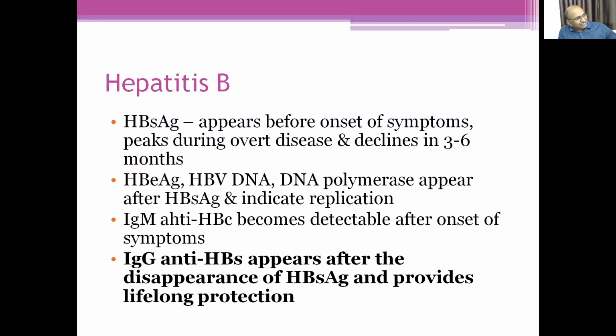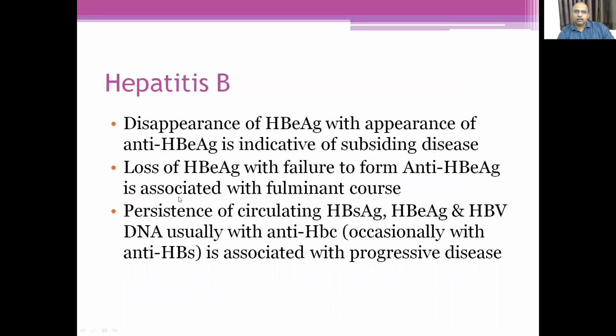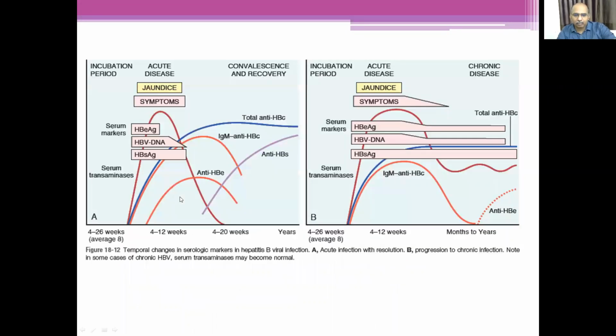Appears, and see, I can continue this in the next class: hepatitis B diagnosis, because this is a very important part. After this, I will tell you about hepatitis C and hepatitis D. Hepatitis C, D, and E, and then chronic liver parenchymal changes. Okay, so we'll continue this class tomorrow.